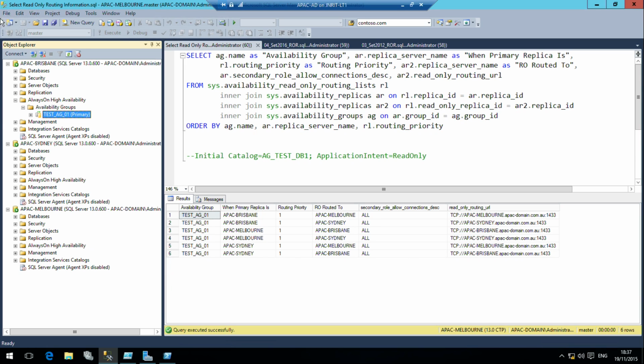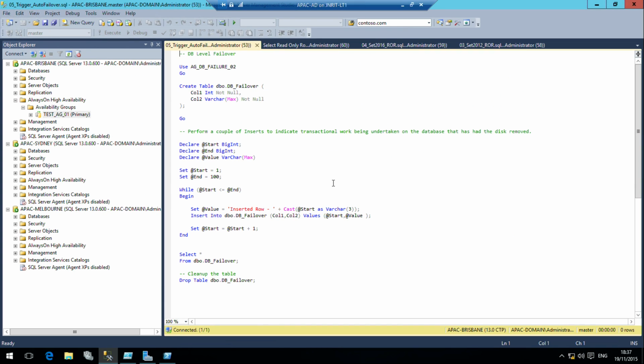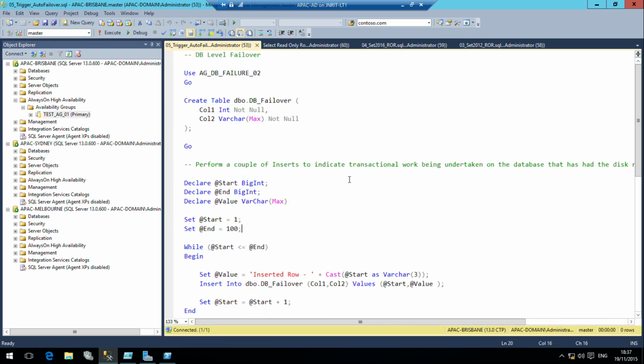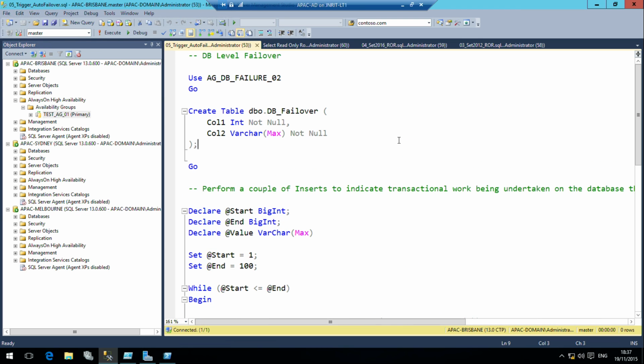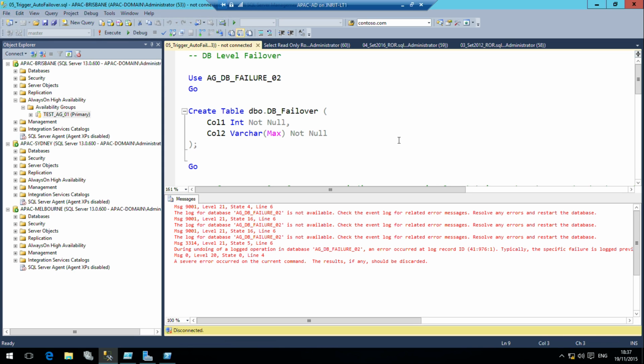With that in mind, let me just open up our failover script. Just make it a little bit bigger. All I'm doing is I'm going to attempt to create a table and insert some rows into that table. We've failed. We'd expect it to fail because we know that we don't have a disk for our data and log. If I do a refresh,